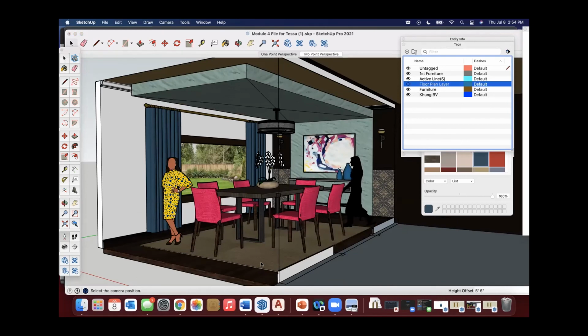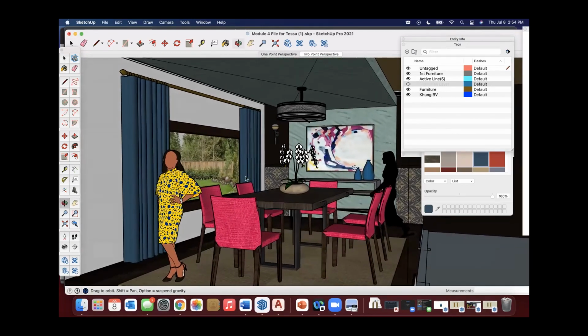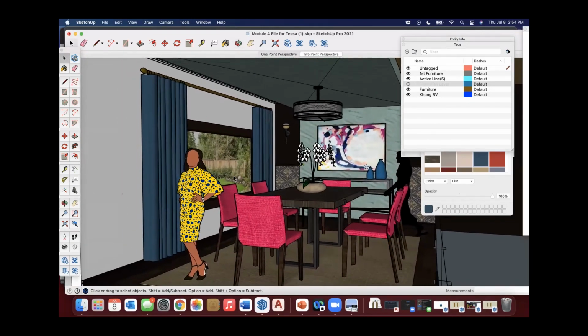And so I could get in here and play, but there's all kinds of finessing with that. But now we've added details. We've really started to enhance this and make it really start to look like a real model that we could start to prepare to present to a client. So that's it.